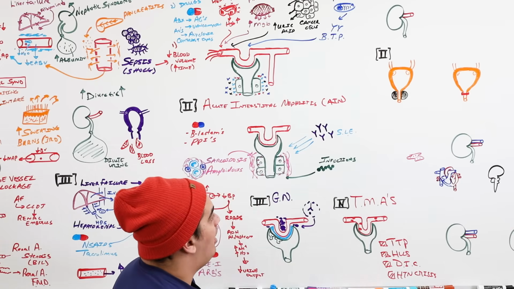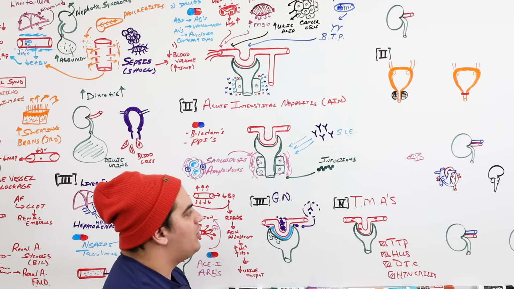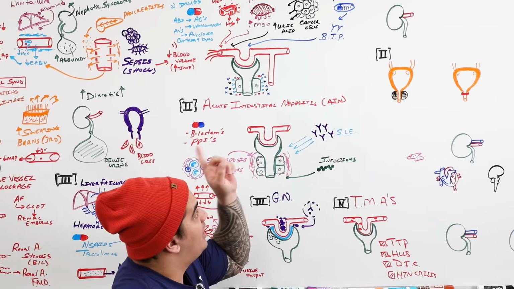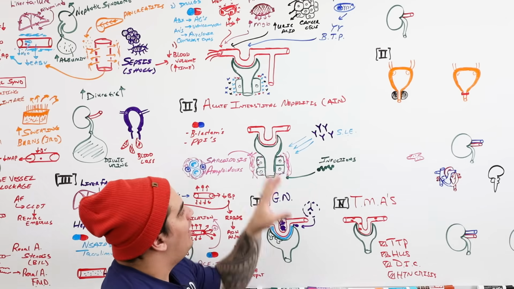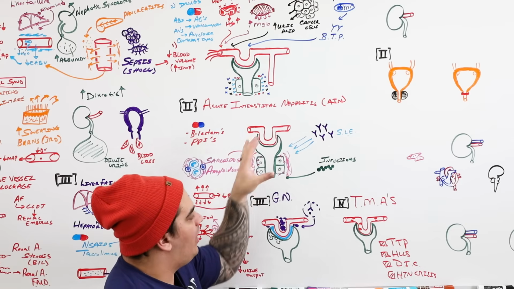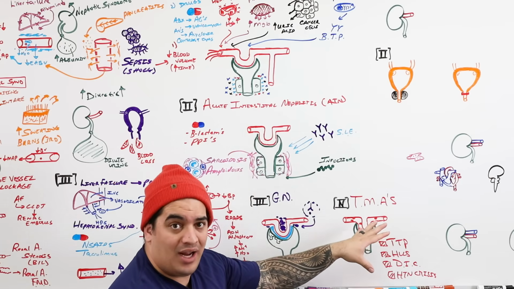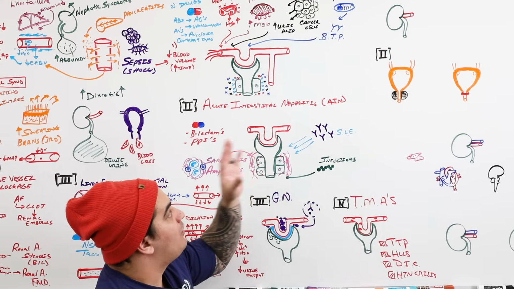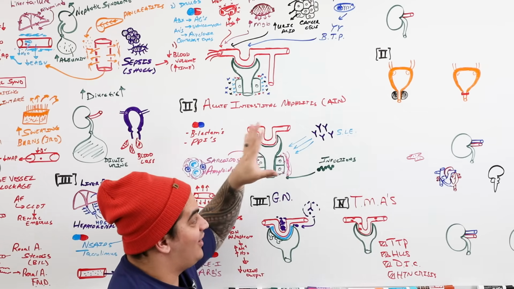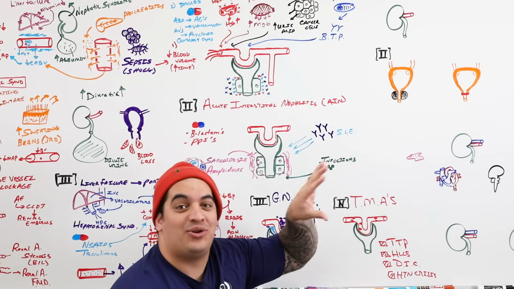So the big thing to think about for intra-renal AKI, what I really want you guys to spend most of your time remembering is particularly acute tubular necrosis, a little bit on the acute interstitial nephritis, but don't go too ham on remembering glomerulonephritis and thrombotic microangiopathies and vasculitides. Okay, now that we got that done, let's talk about the last type of AKI, post-renal AKI.